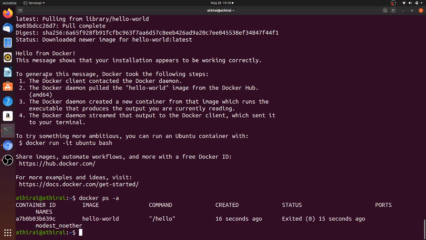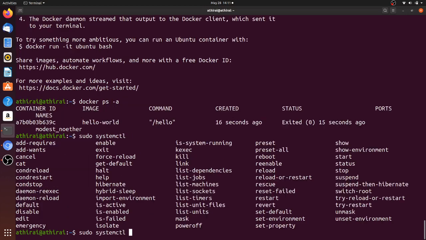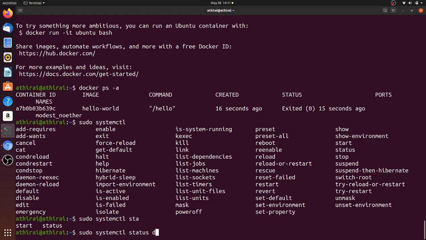So what it is telling is, when I run this docker run hello world, the docker client will communicate with the docker daemon, which is running here, sudo systemctl status docker.